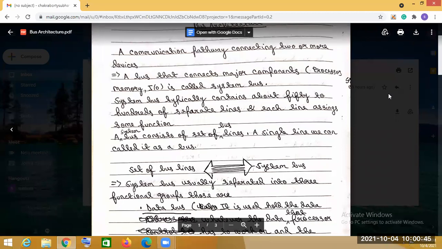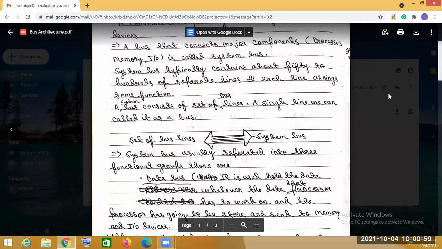The system bus is the collection of the data bus, address bus, and control bus. Now, what are the functions of these buses?